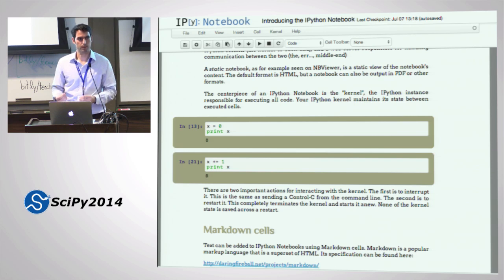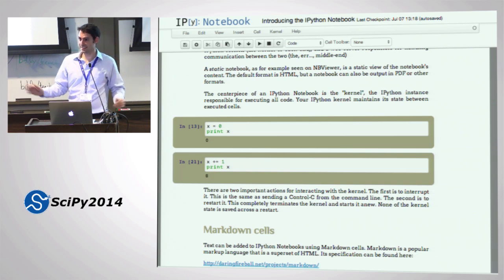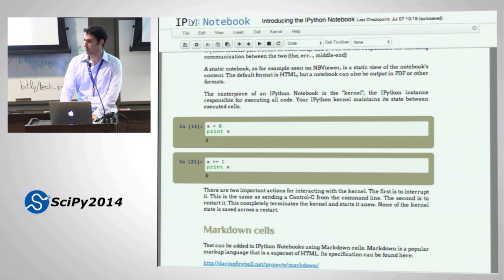It's saving the stuff that you executed before, and it's keeping track of that for you. That's important to understand. And then if I shut this notebook server down and I start it back up again, what's the value of x going to be? Say again? What you last executed? No. What happens is when we shut down the kernel, it loses its state, so x will be undefined. That was a good guess. That's what I would have guessed, actually, if somebody asked me. But the 0 will still be there because that's printed output. The output will still be there.